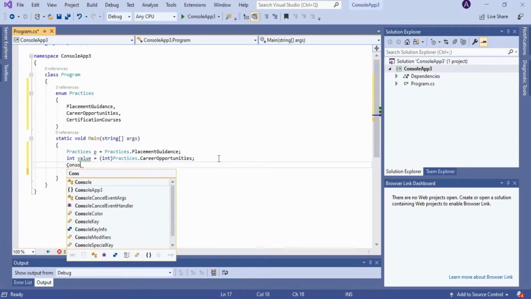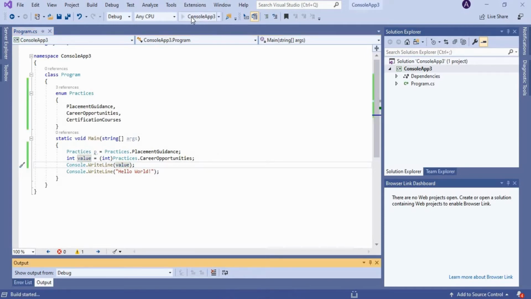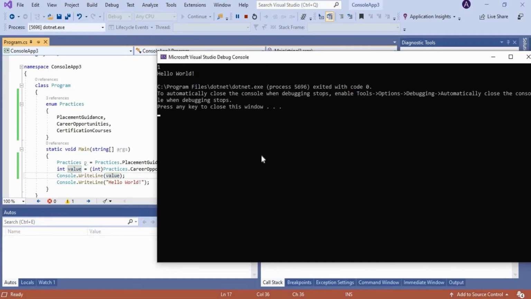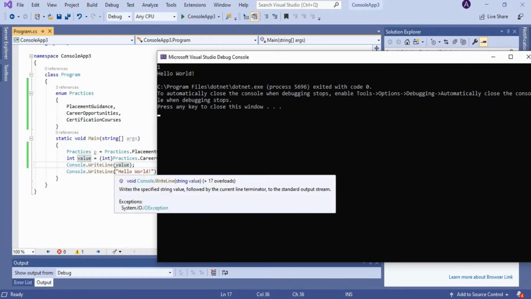For printing, we can use the statement console dot write line of value. Now we can run the program. So here our value is 1, which is the value assigned for the name career opportunities.